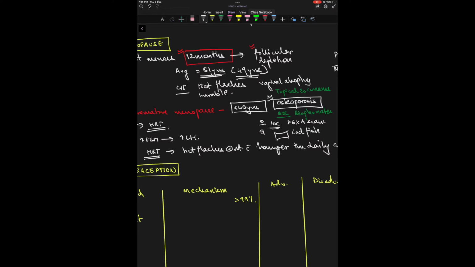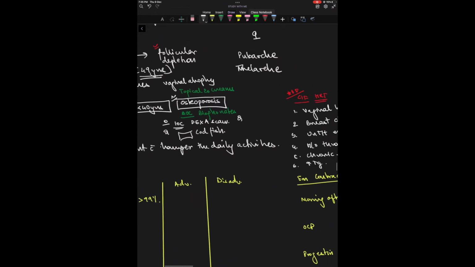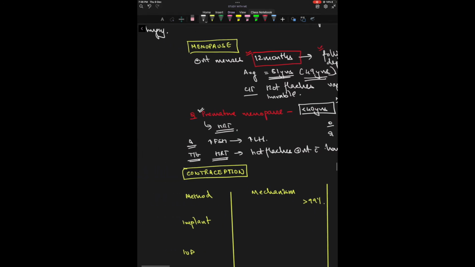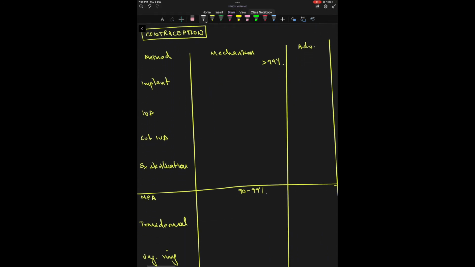and T score less than minus 2.5. Remember, T score is not matched and Z score is matched with age. These are all the questions that come in osteoporosis. Fine, let's move ahead to the most important topic,